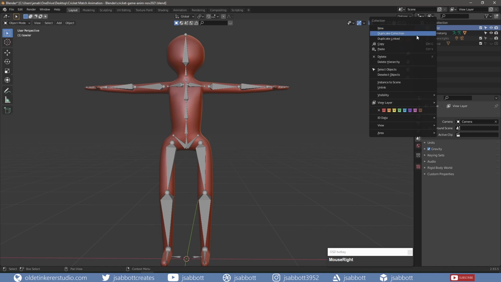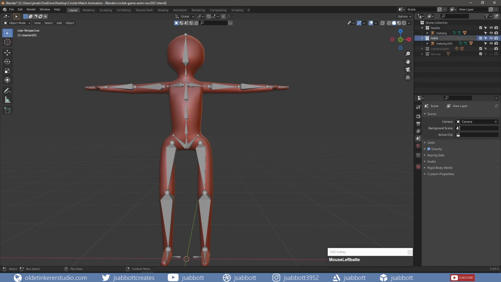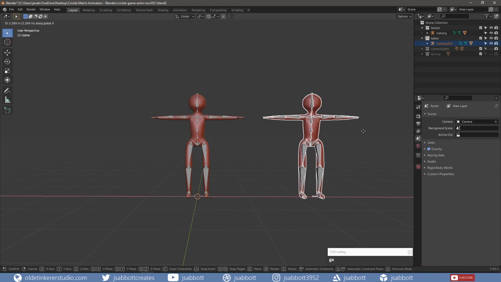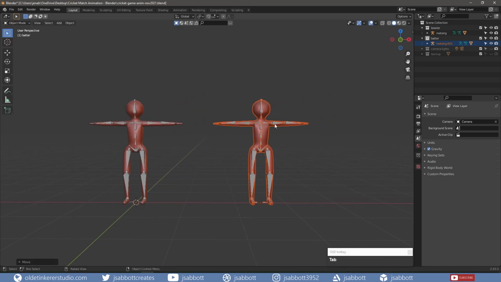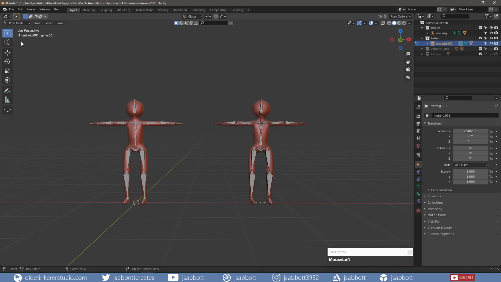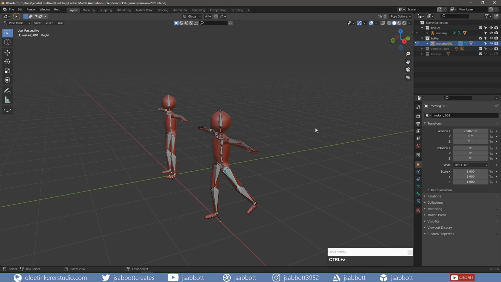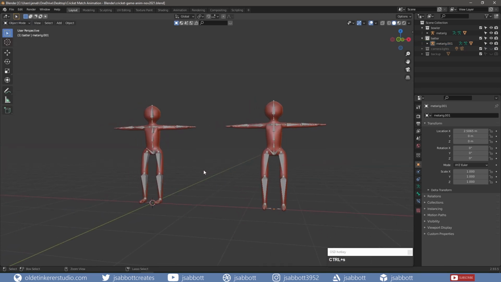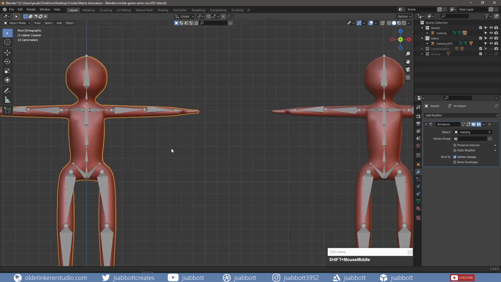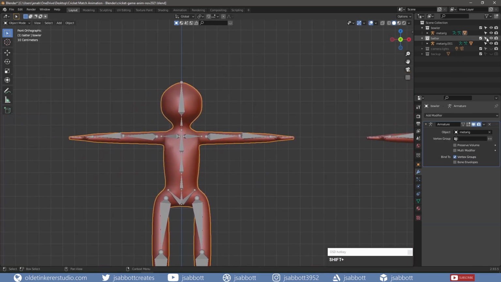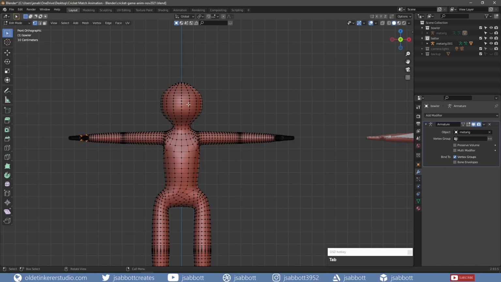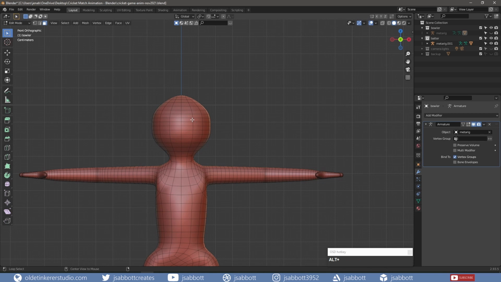I then duplicate the collection for the batter character. For the bowler, I add a baseball cap. I hide the meta rig, select the bowler character, and tab into edit mode. I select the proper faces of the character